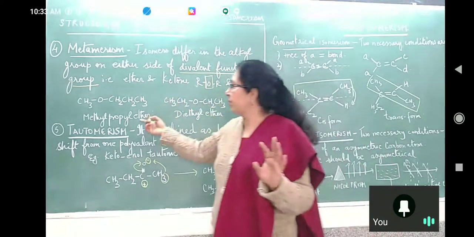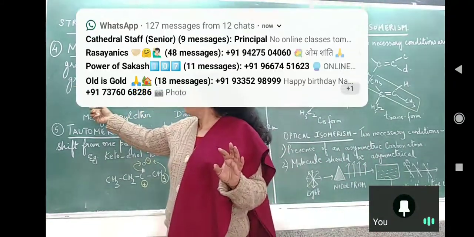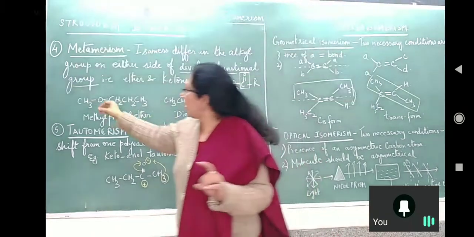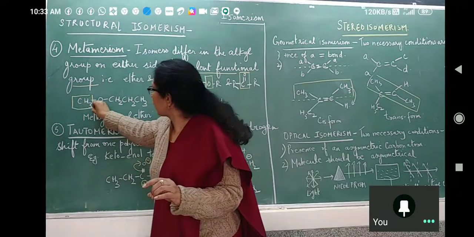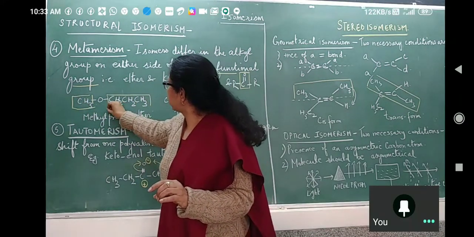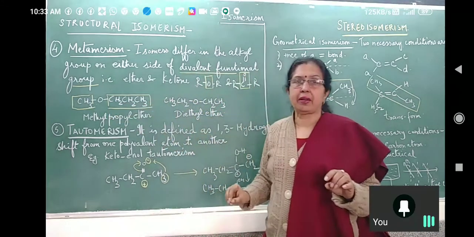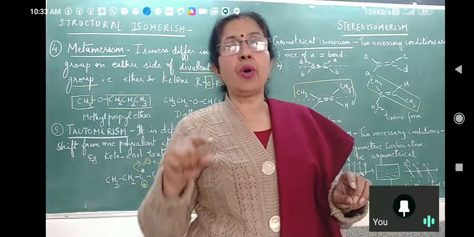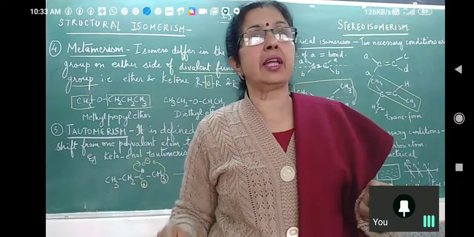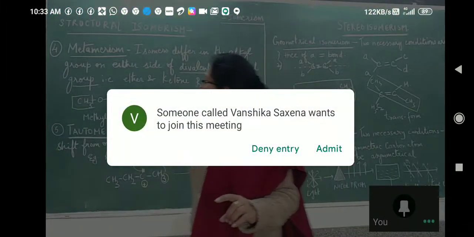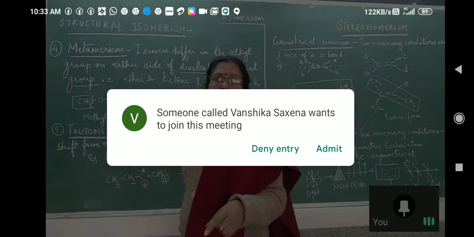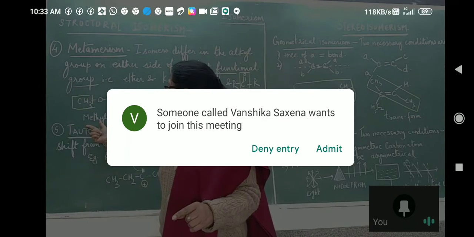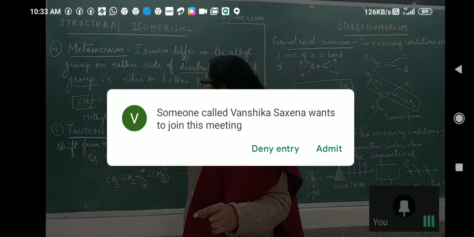Example I have given here of ether: CH3OCH2CH2CH3. Now what does that mean? The alkyl groups here are methyl and propyl. Correct? Now, if we name it by common name, as I told you how ethers are named, IUPAC I will tell you later, but this is the common name. There are two alkyl groups, methyl and propyl. Put them in alphabetical order. So methyl comes first: methyl propyl ether.